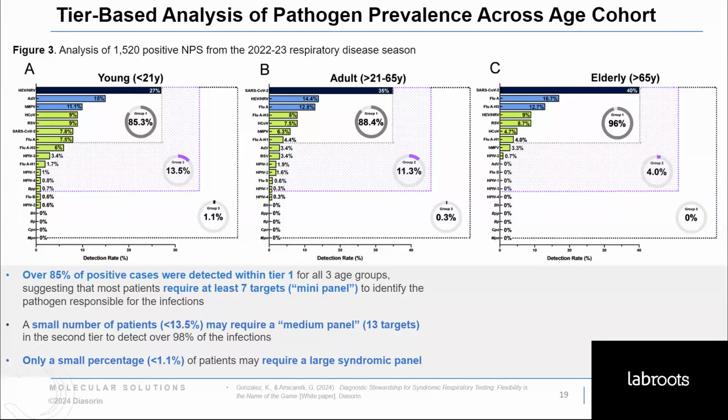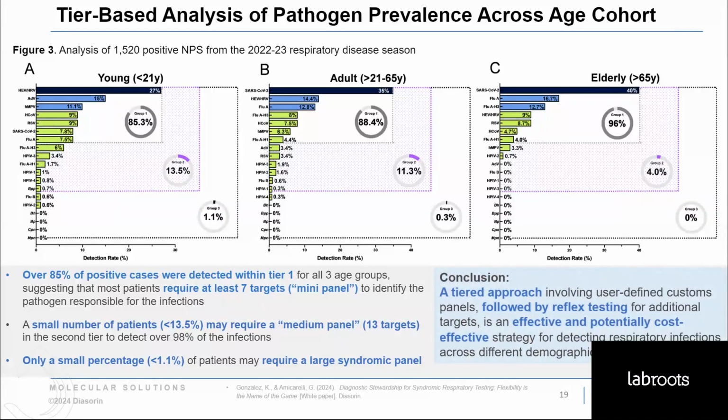So what the data tells me is that a small number of patients may need to reflex to additional targets in that second and third tier to capture the less common infections that may account for less than 50% of the cases. So a tiered approach that combines user-defined custom panels followed by reflex testing for additional targets can be an effective and potentially cost-effective strategy for identifying the respiratory infections